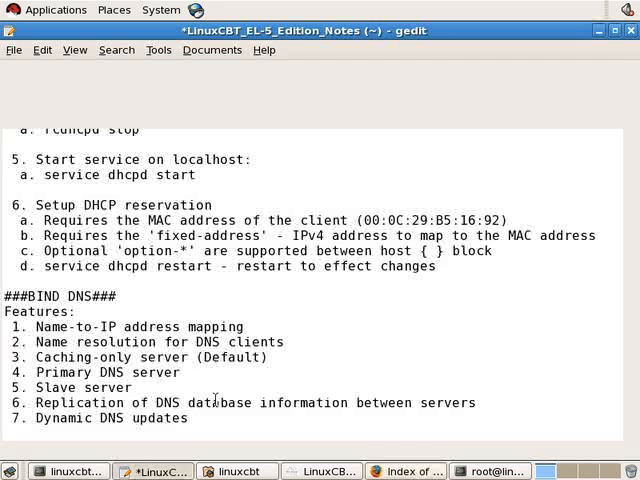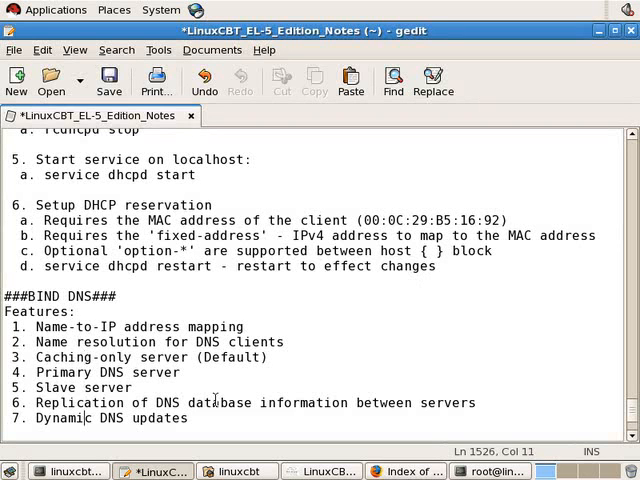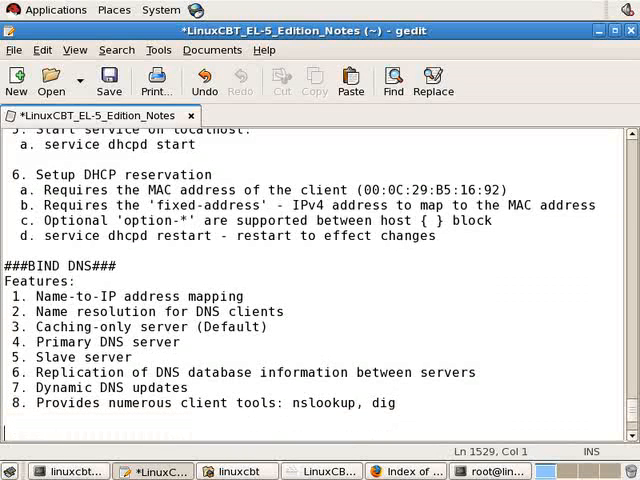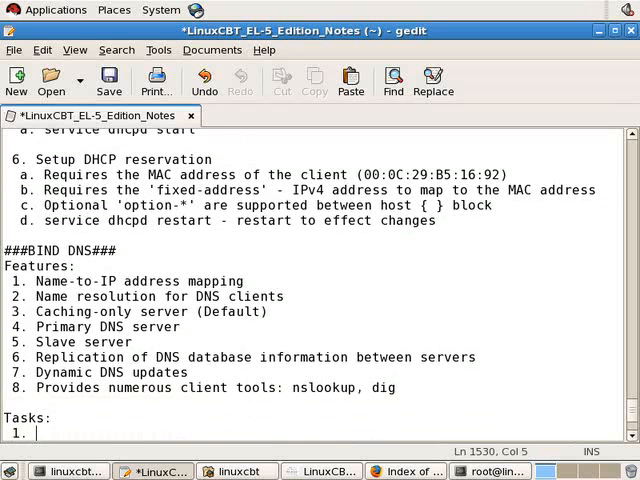So back to our notes for a moment. And we should also know that it provides numerous client tools. For example, nslookup and dig are two important and commonly used tools. With that said, let's initiate as our first task the installation of BIND on the remote system,